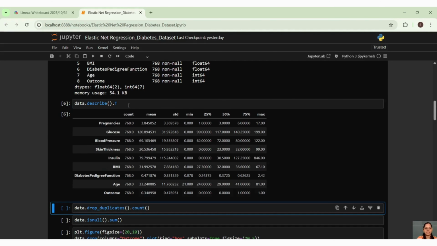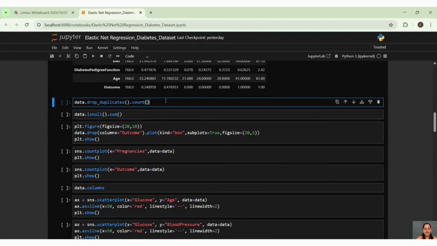Then data.describe. What describe is doing is giving me the descriptive statistics. And what are my descriptive statistics? Mean, standard deviation, count, then minimum value, quartiles, quantiles, and all those things, right? Then we have one more step which we have to perform, and this is one additional step.